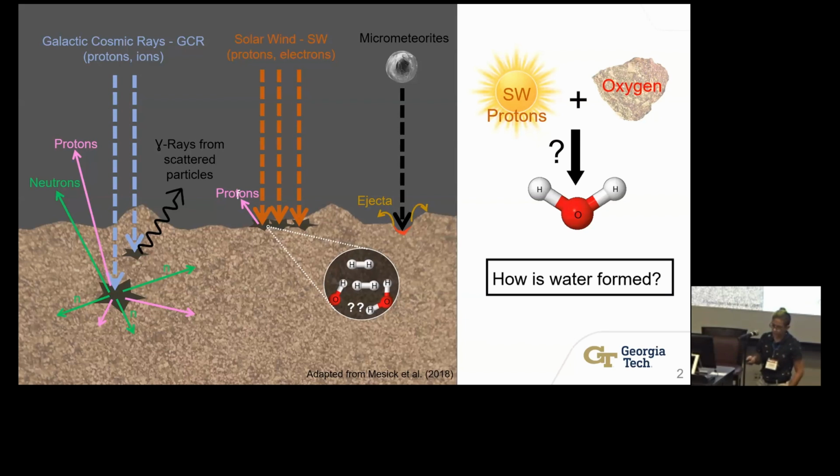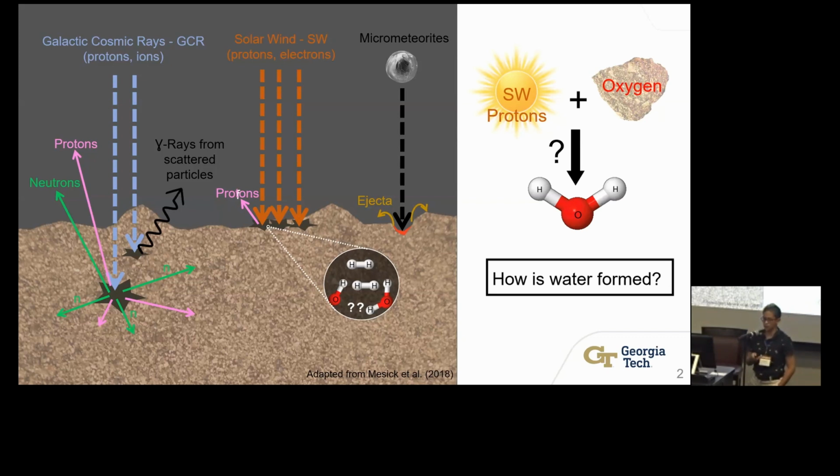The solar wind, we know, implants the top 200 nanometers of the lunar soil with protons that can then be used to form our water. We think that the protons can be bonding with the oxygen natively found in the lunar soil to form water. However, the contribution of the solar wind implantation is also affected by the frequency of the micrometeorite impacts. So these different mechanisms of water formation are all subjects of ongoing research, and we're only focusing on one of